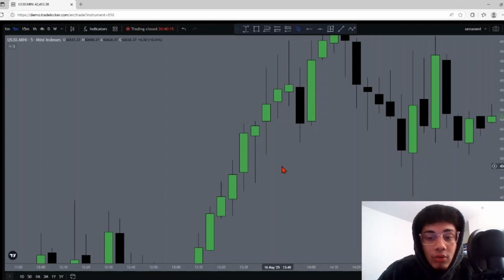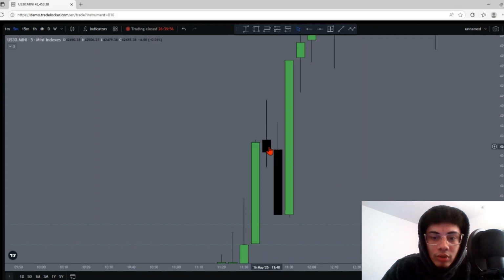Now that we know what is meant by read the story, now that we understand what a candle is, the types of candles, and wick to body ratio, let's just run it back real quick. The candles are a representation of price. The wicks represent where price originally was, and the body represents what's being done to price currently, because price originally was all the way up here, and then currently price was pushing it all the way down.